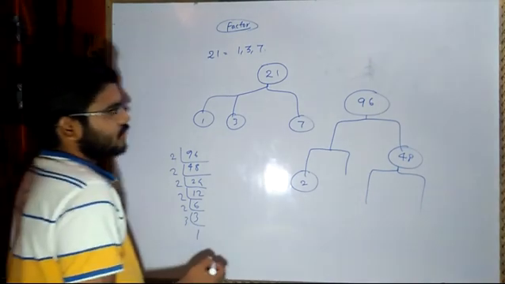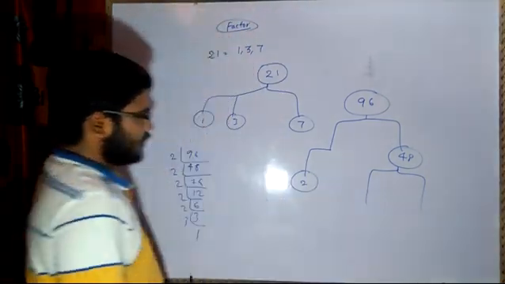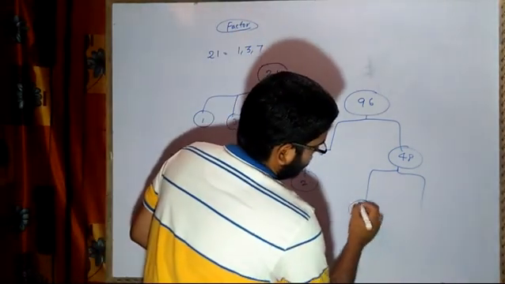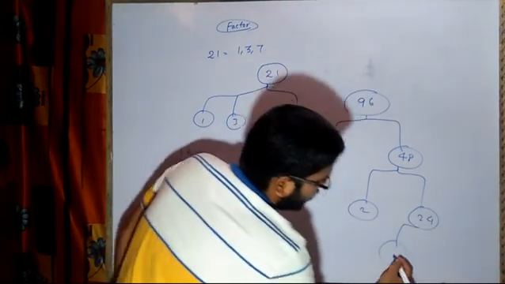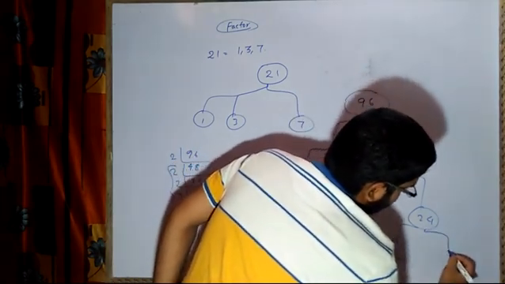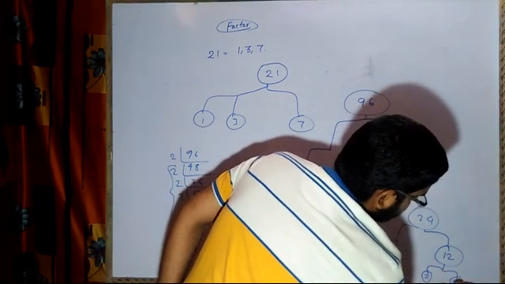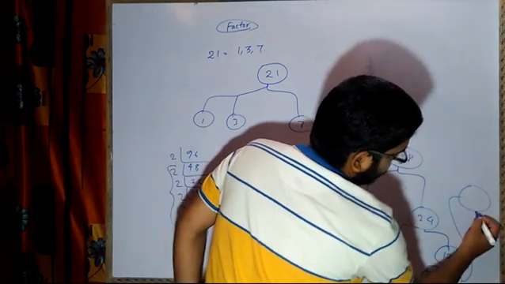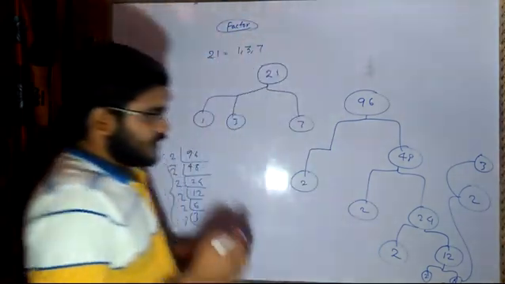Now similarly they will write like here they have done 2 and then 48, then 48 is further divided into how many parts? Like here 2, then 24. Then this can be further divided, for example again I am writing 2, then here 12, then this can be divided into 2 and then 6, like this. After that 6 can be divided into 2 and then 3. So this is the meaning of factor tree.